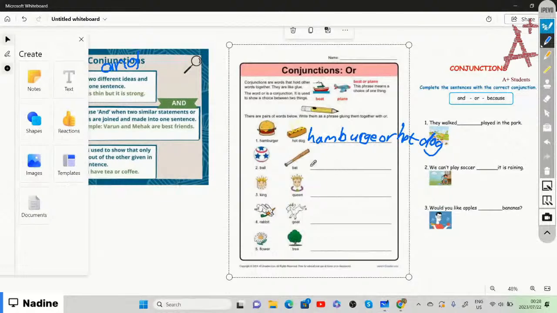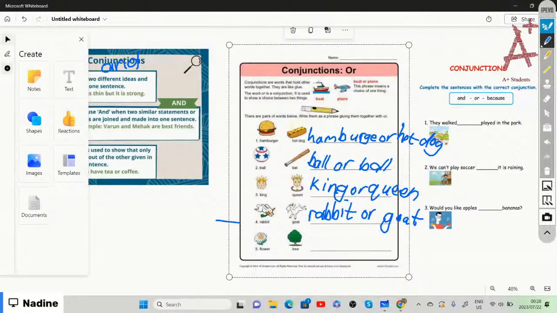So we have bat or ball. King or queen. So it is king or queen. So you have the king, and after every king, there is a beautiful queen. Rabbit or goat. So rabbit or goat,